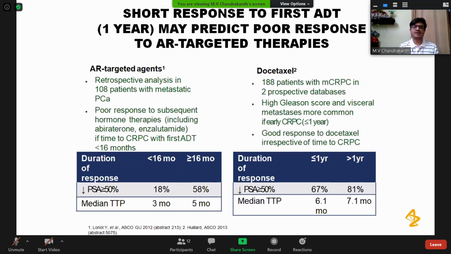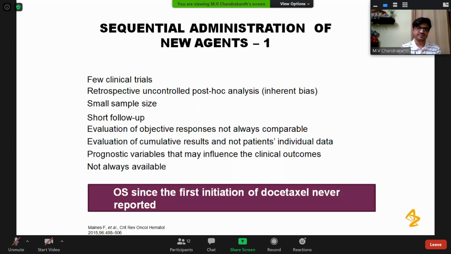So whenever we have a CRPC, we always have to see what is the duration of androgen deprivation therapy the patient was on from the metastatic setting, whether it is less than 1 year or more than 1 year. If it is less than 1 year, straight chemotherapy. If it is more than 1 year, better if it is 16 months, then we can expose them to hormonal therapies like abiraterone or enzalutamide. So these are the